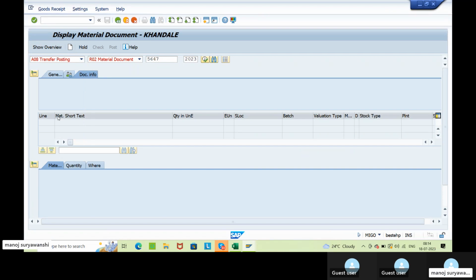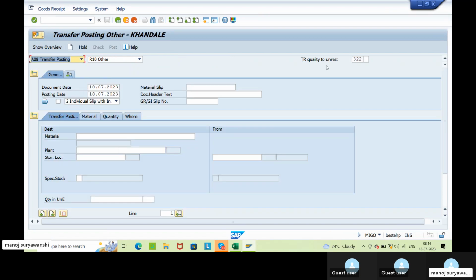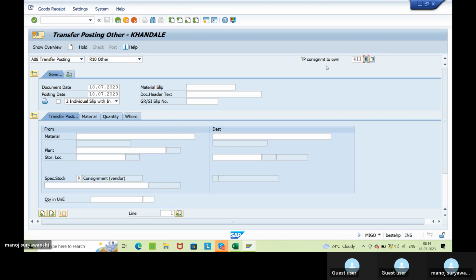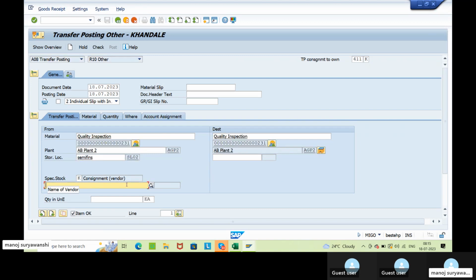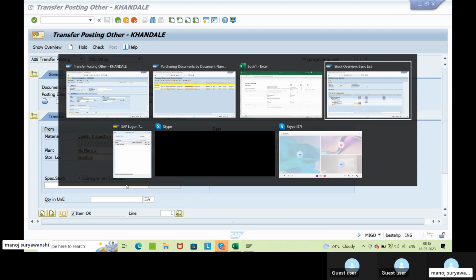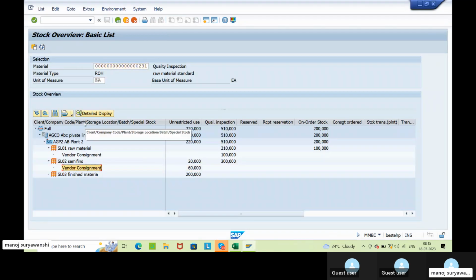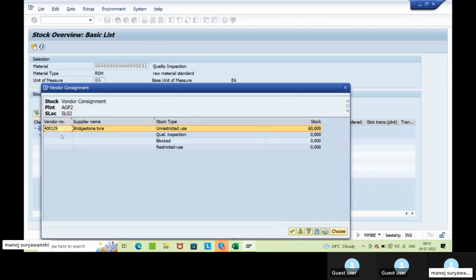Again, transfer posting. Other movement type will be 411K. Transfer posting, consignment to own stock. Enter the material, enter the plant, enter the storage location, enter the vendor here. जिस वेंडर का कंसाइनमेंट स्टॉक है वो वेंडर हमको यहाँ पे डालना है, and this is the vendor